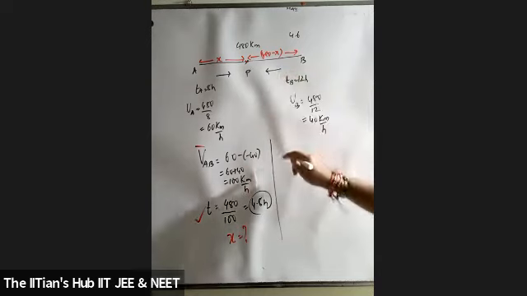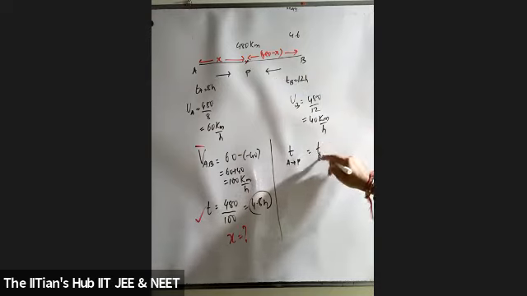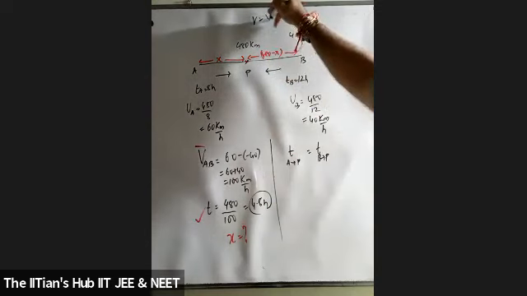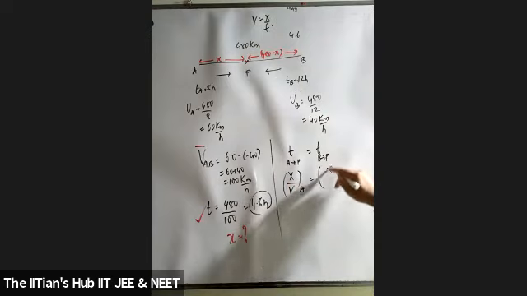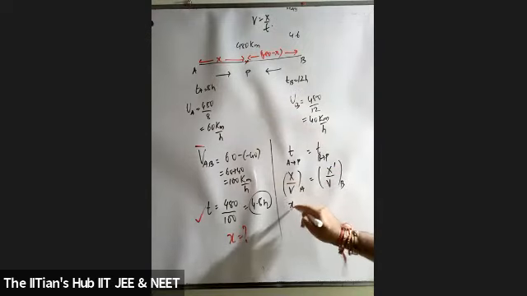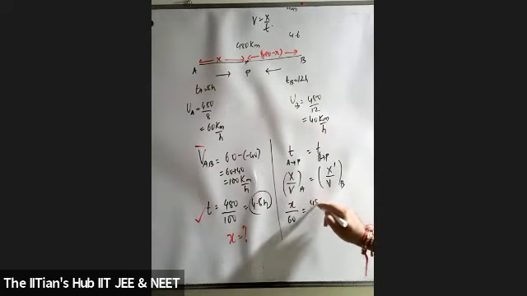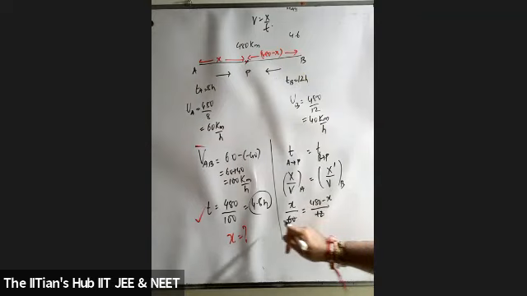Sir, here the time, listen carefully: the time taken for A to reach P and the time taken for B to reach P is the same. We know that speed is equal to distance upon time. So time is distance upon speed, for A and for B. What is the distance of A? x. What is the speed of A? 60. What is the distance of B? 480 minus x. What is the speed of B? 40. Now can you solve this and get the answer, students? You get the value of x. Agree, students?